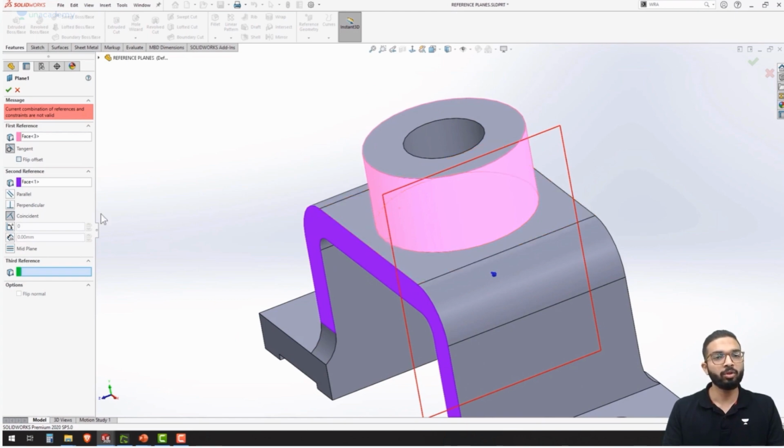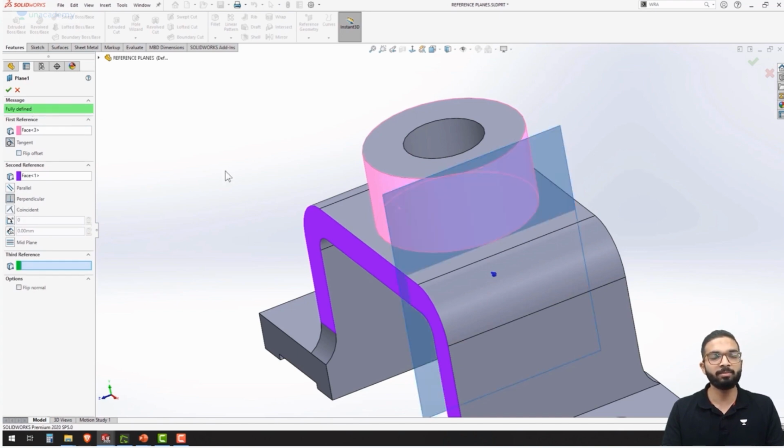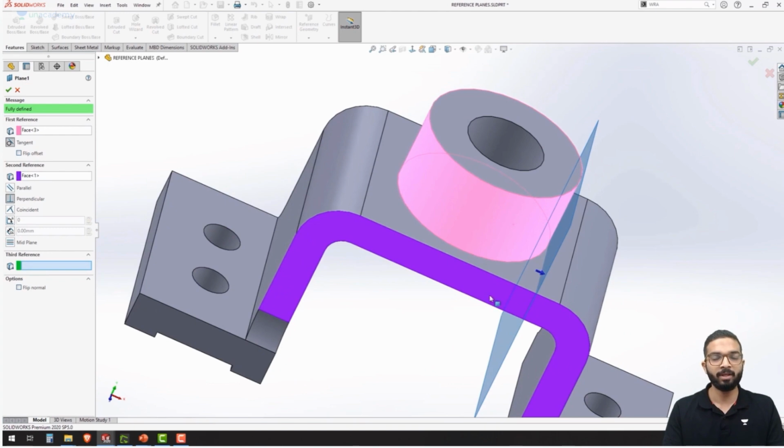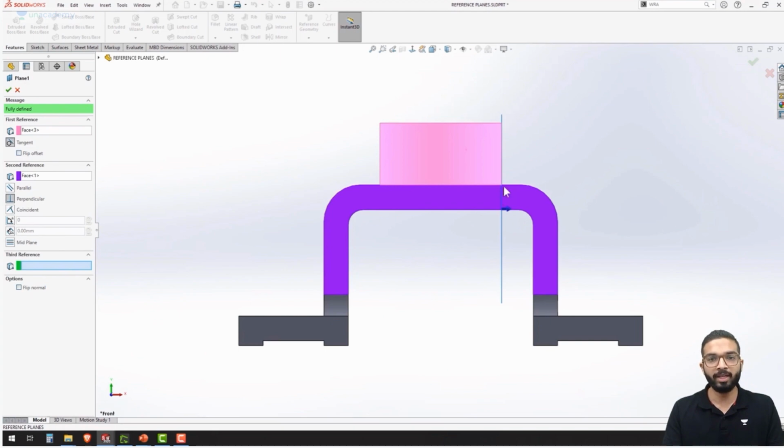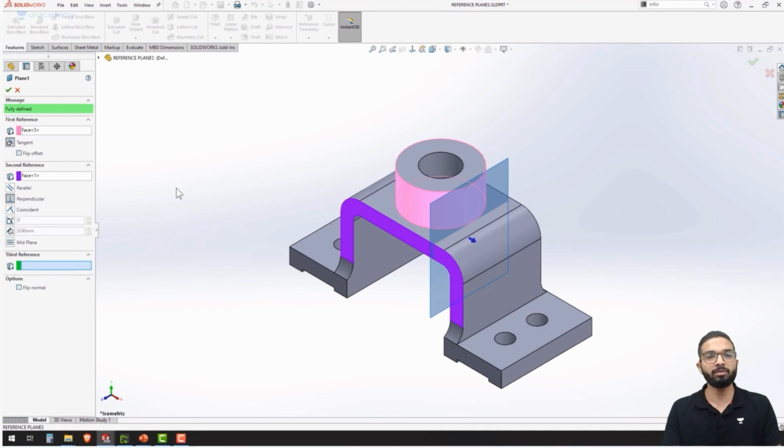So you have to smartly use the options shown over here. You can't just select any random options and expect your plane to be created. That's why I told you need to have your design intent in your head always. If I get back to perpendicular, you can see that now this plane can be created easily because this is perpendicular to this face, taking one of our definitions that we've added over here, and next definition is being tangent. You can see in order for it to be tangent, it always has to be in this area over here, touching this curved surface. If I set it to isometric again and move forward with our next type of plane,